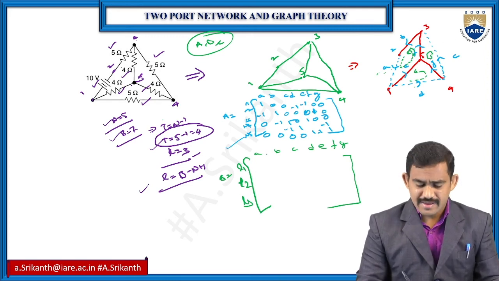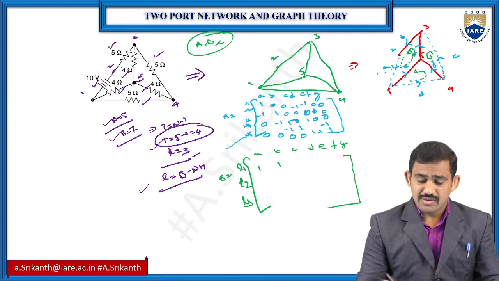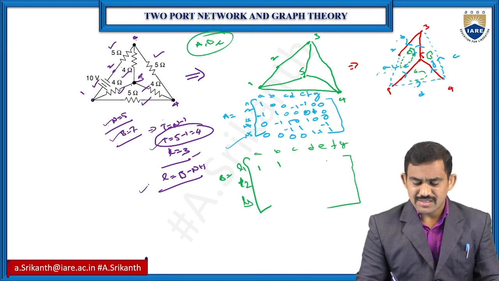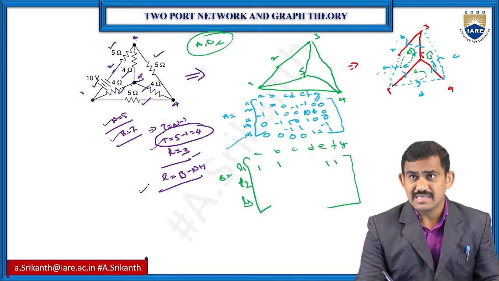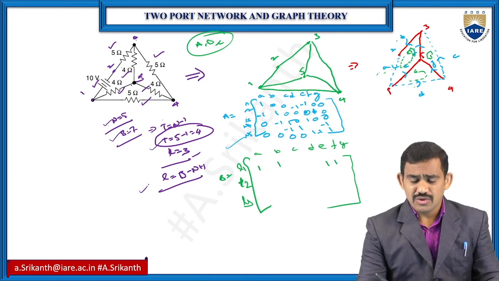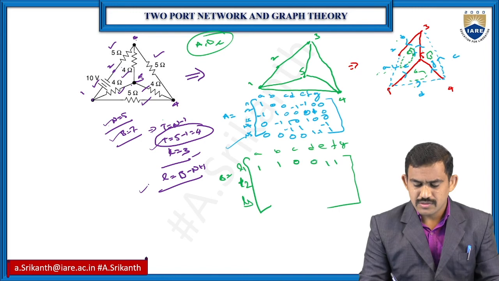Loop 1, I have A and B as well as... only four branches we have, not only one. So A, B, and E and F. Now check the loop direction. I need to follow the loop A direction. So A is incoming to 1, 1 to 5, 5 to 3, 3 to 2. It's all a closed loop. So everything is positive, remaining are zeros.